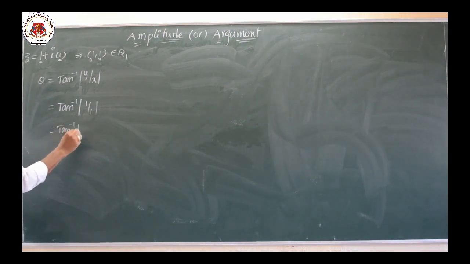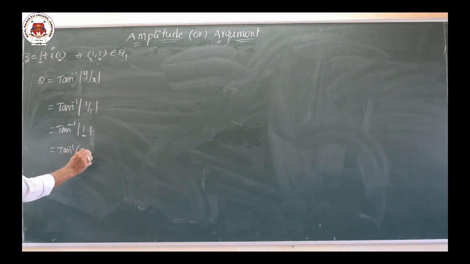Tan inverse of 1. So children, tan inverse of 1. So we will write the value 1 in terms of tan angle. When the tan value is 1, tan 45 degrees is 1. 45 degrees means pi by 4, which earlier I gave in one table. You can check from that table. Tan 45 degrees value is 1. Because of that both get cancelled. What is the theta value? Theta value is pi by 4.